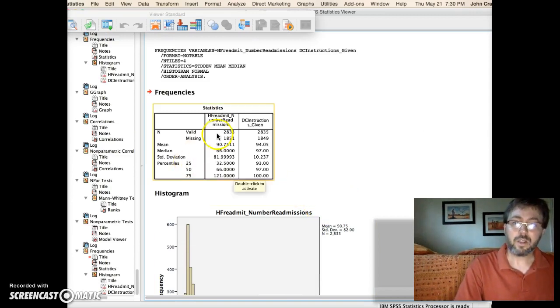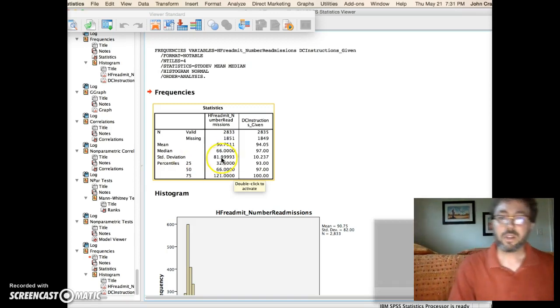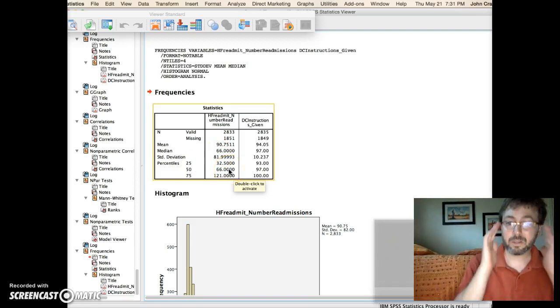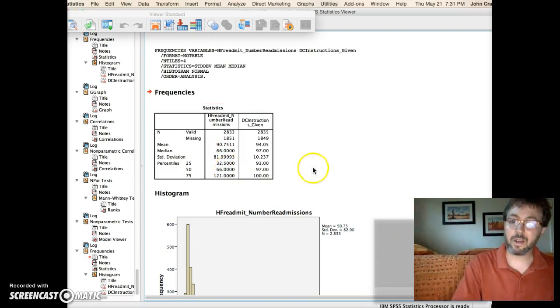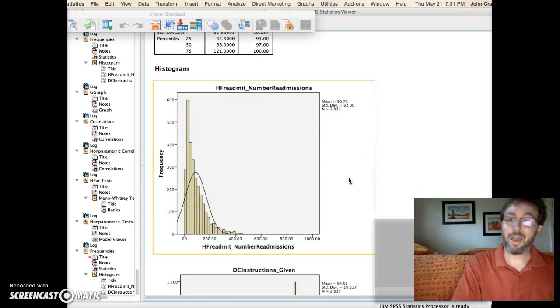All right, so here we have heart failure readmission numbers and discharge instructions across the top. And then we have our measures of central tendency, the mean and median, followed by our measures of variance, standard deviations, and our percentiles, which would give us our interquartile range. So if you look at those data, you can compare means and medians and get a sense of how the data are distributed. But when you have a visual diagram, it's equally, if not more, effective in showing you that